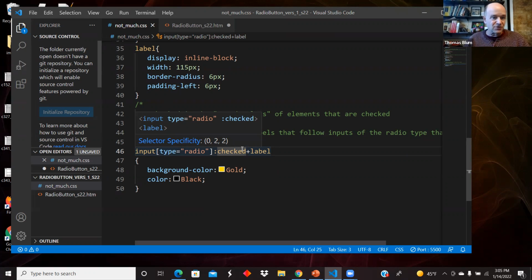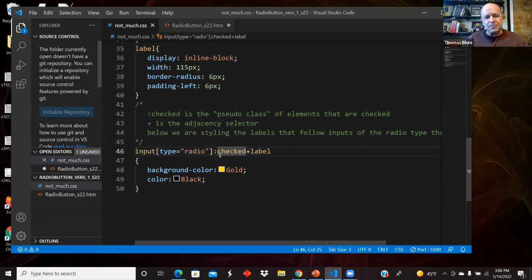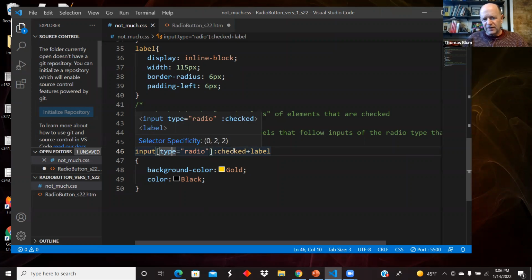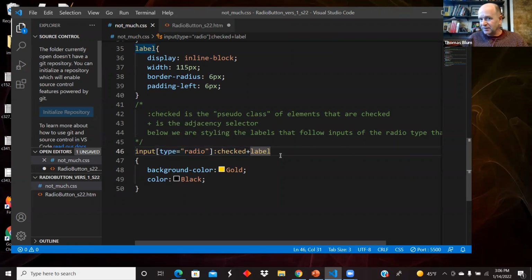And with the radio buttons, I should have said that way at the beginning. Radio buttons are, by definition, a set of choices and you can make at most one of them. It's possible to maybe have none of the choices selected, but then it's at most one after that. But this is saying go to the page, find an input which is of the type radio, find a radio that happens to be checked, and then go to its sibling, which if its sibling is a label, then